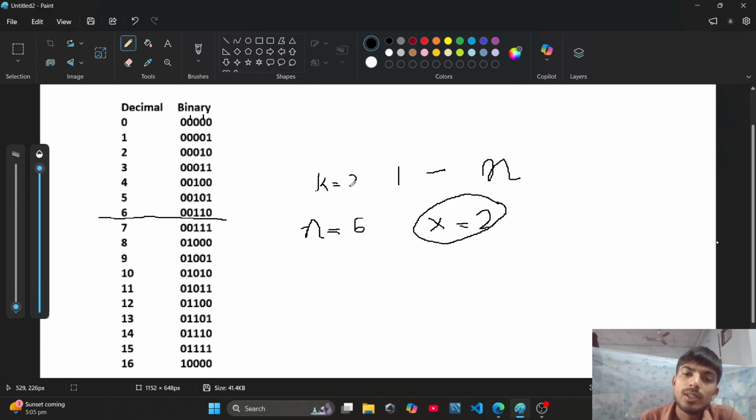So what this question basically says is that you are given some k value, and you have to find any natural number n such that the count of all set bits from 1 to n must be less than or equal to k. You have to find the greatest integer n such that the sum of all set bits